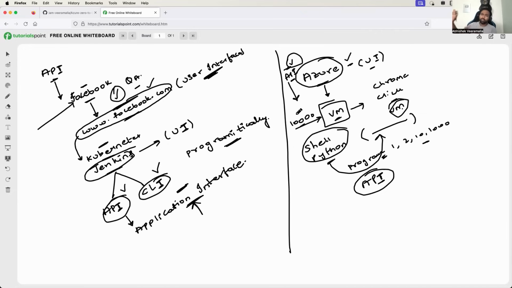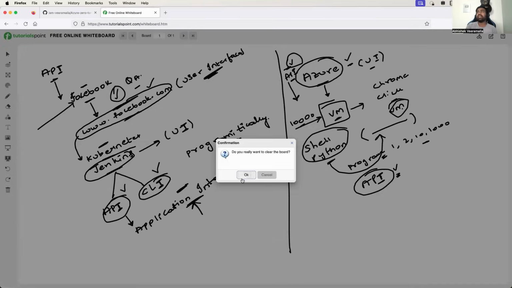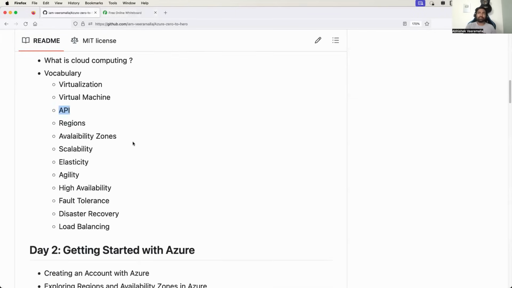When we use any particular application or resources on Azure, this concept will become much better to you. But for now, just get familiar with it. So this is API. And the next concept is